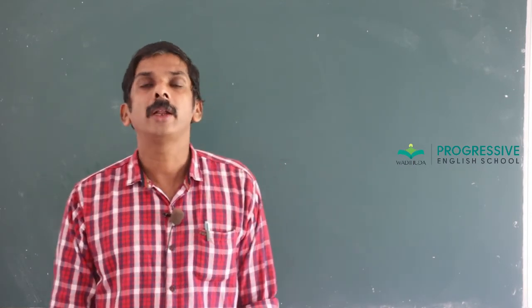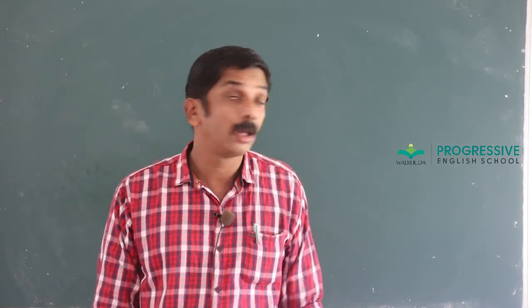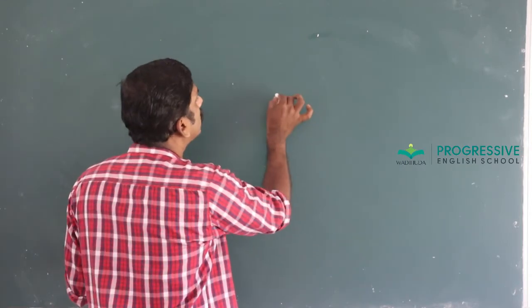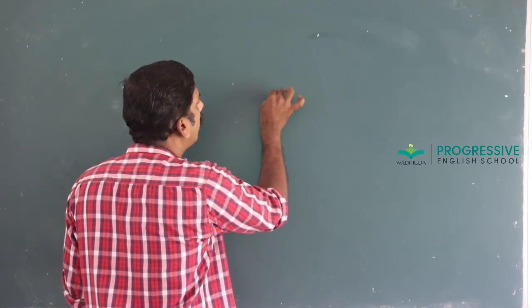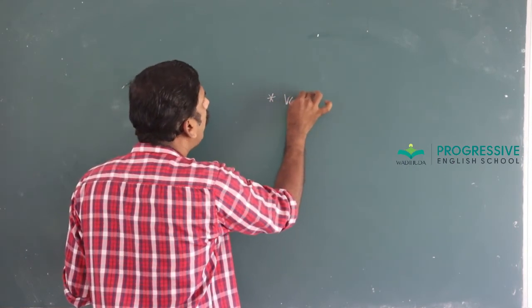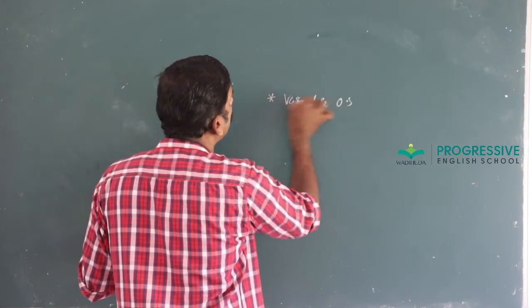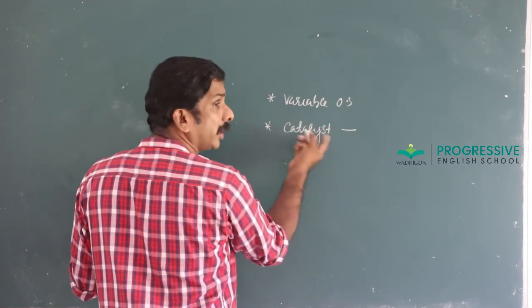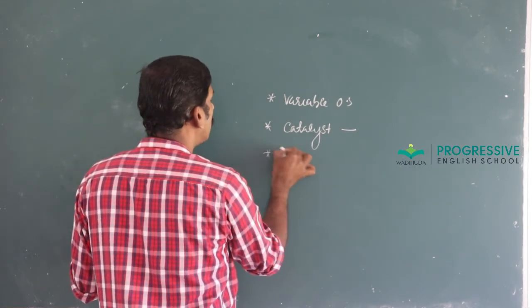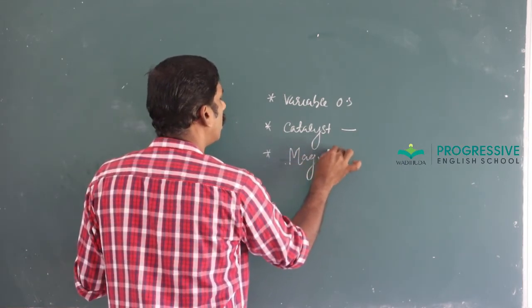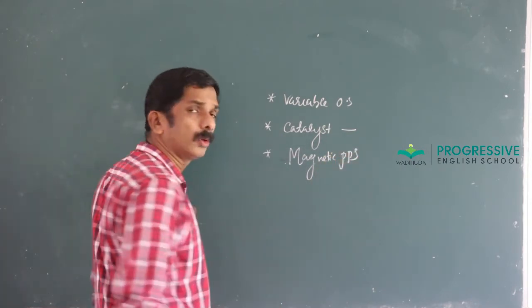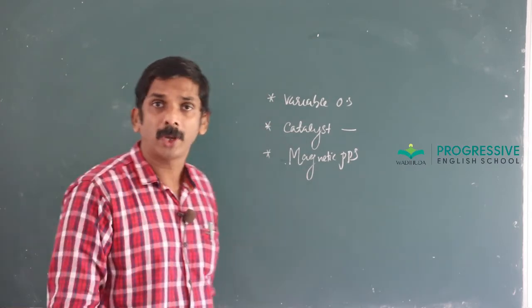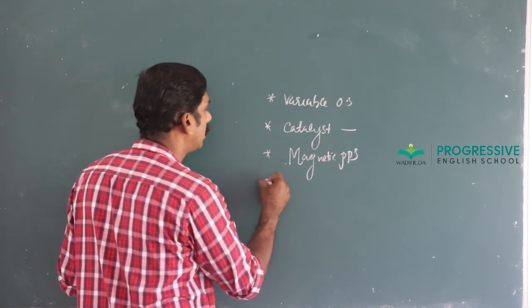Clear? For the examination, among the properties of D block elements, you should mainly concentrate on these: one is variable oxidation state and its reason, then catalytic activity. What is the reason for D block elements acting as catalysts? Then magnetic property. Here also you have to find the magnetic moment, or sometimes the magnetic moment is given and you have to find the corresponding number of unpaired electrons in that species.